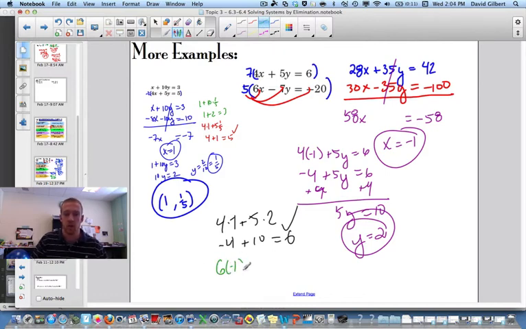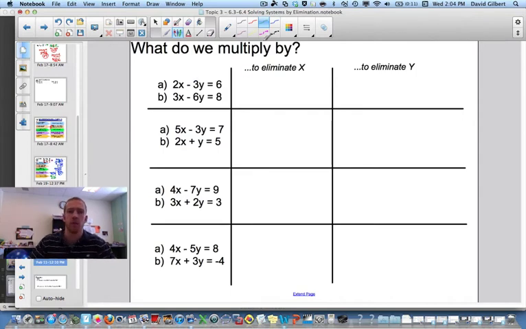6 times negative 1 minus 7 times 2 is going to be negative 6 minus 14 is negative 20. That works too. Alright, so this is the most work you would have to do for any one of these problems. Just to kind of reiterate, let's think about what if we wanted to eliminate x,